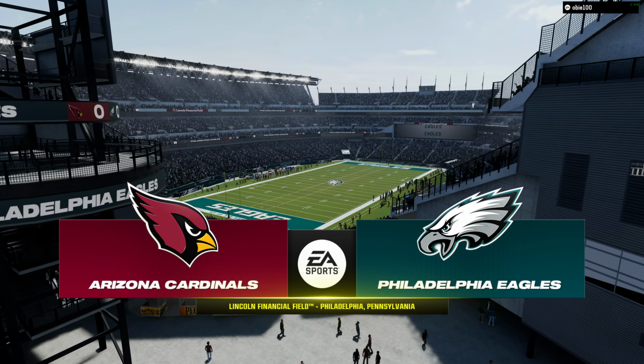Well, that one was in the air for an agonizingly long time. Just begging to be picked off, wasn't it? It's one thing if you're throwing a ball like that, trying to throw someone open or lead them into an area, but that ball needed to be thrown with a lot more conviction. As a result, it's an easy